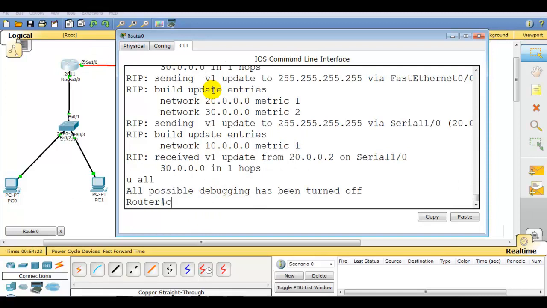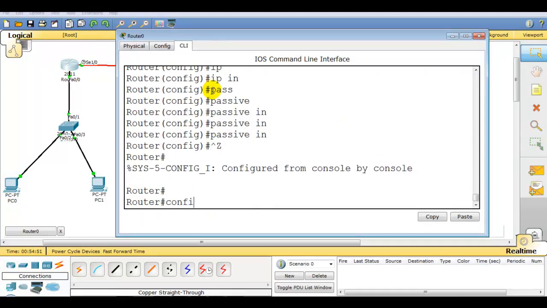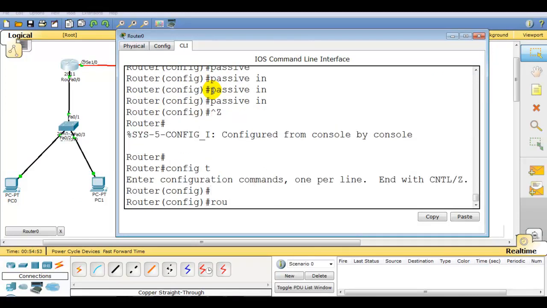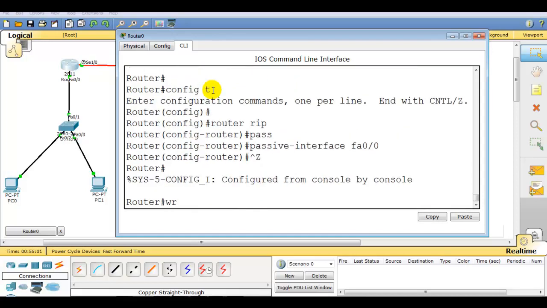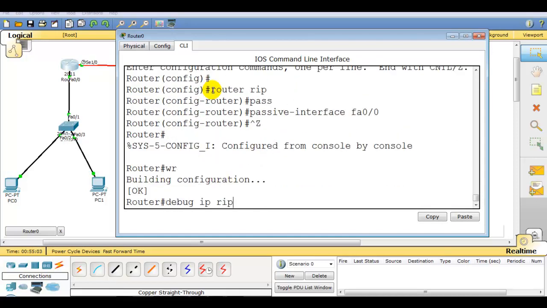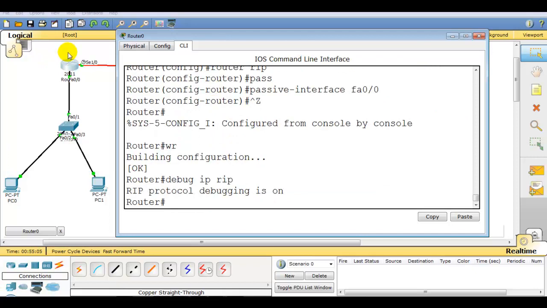So for that, let me go to config t. Then we have to write router rip, then passive-interface FA0/0. Now let me turn the debug on once again. You can see now RIP will not send the routing table to this side because I have made this interface a passive interface.